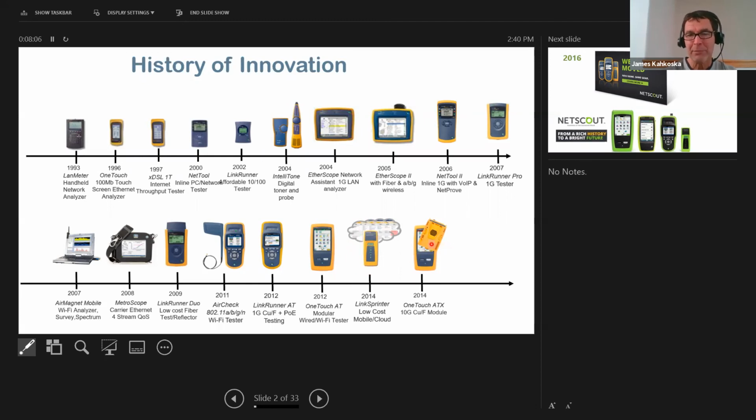We added a 10 gig module to the Versiv, and then right about here, Fluke decided. Well, it wasn't actually Fluke. It was the company that owned Fluke, Danaher, decided to take some other assets they have, and for some reason cleaved Fluke Networks in half and said,